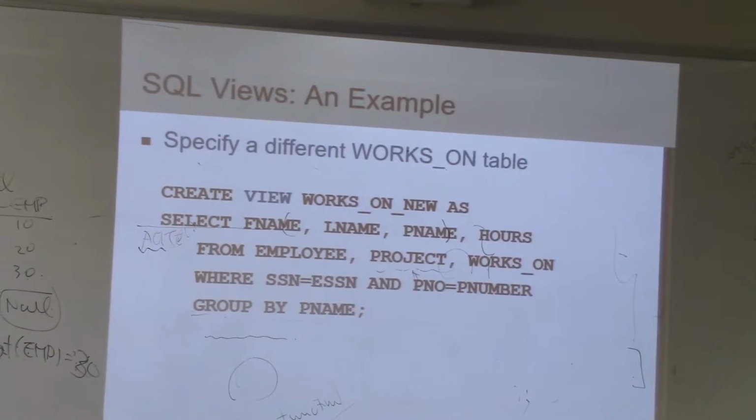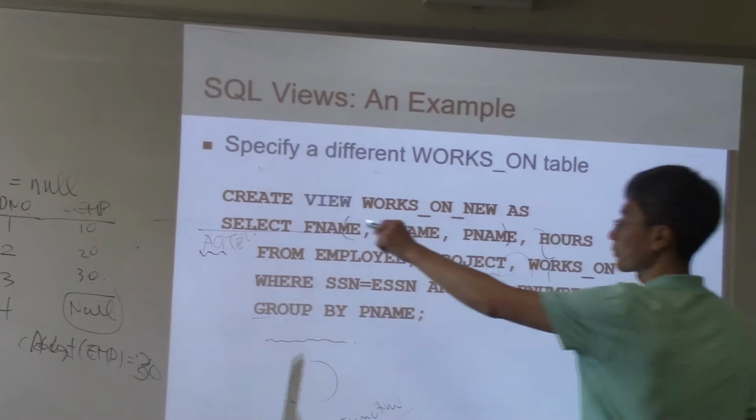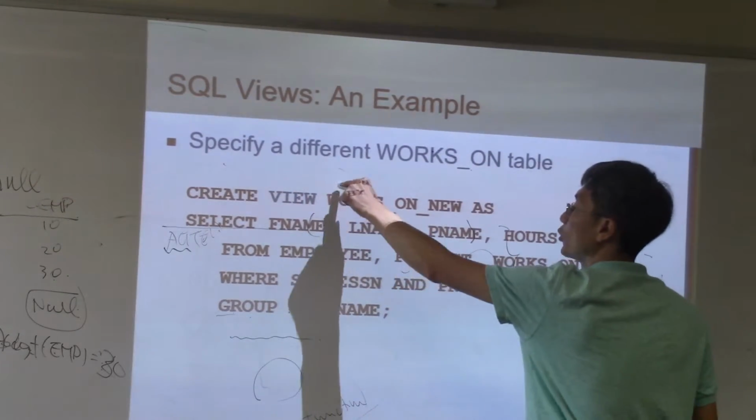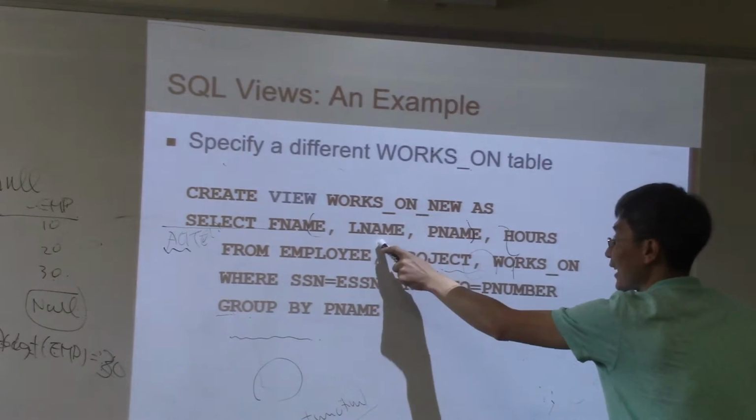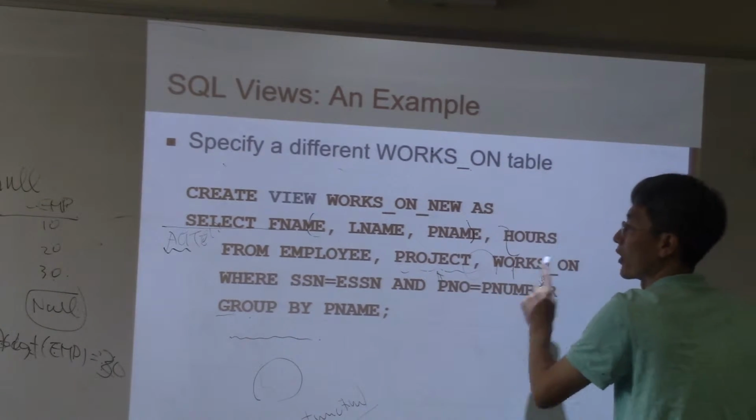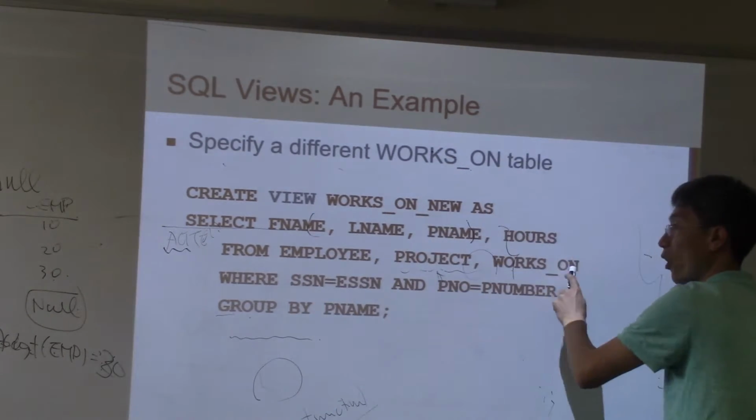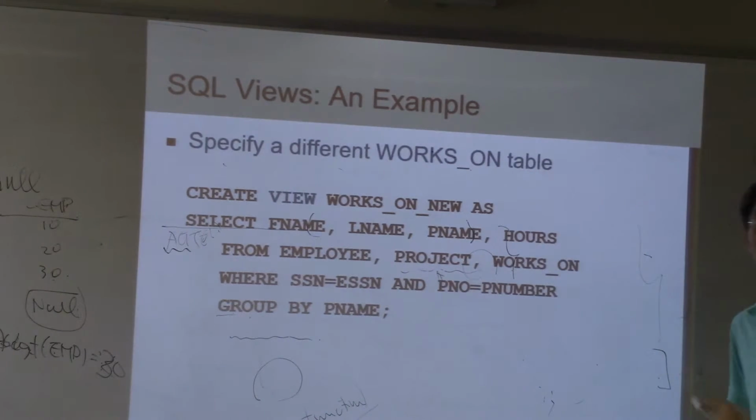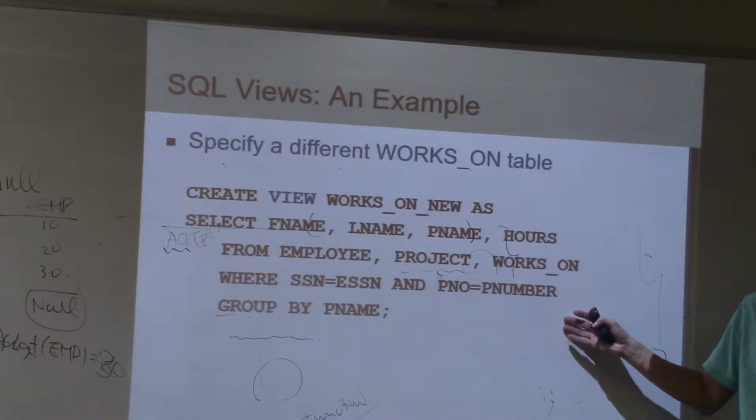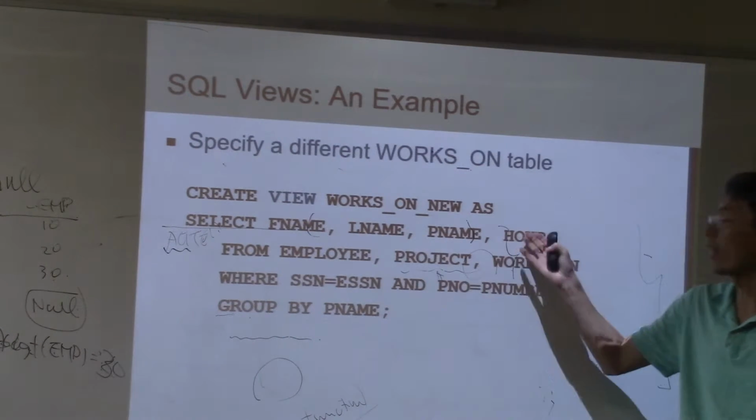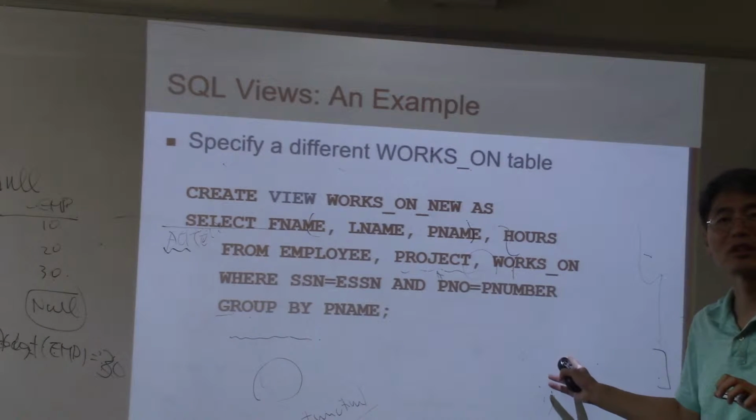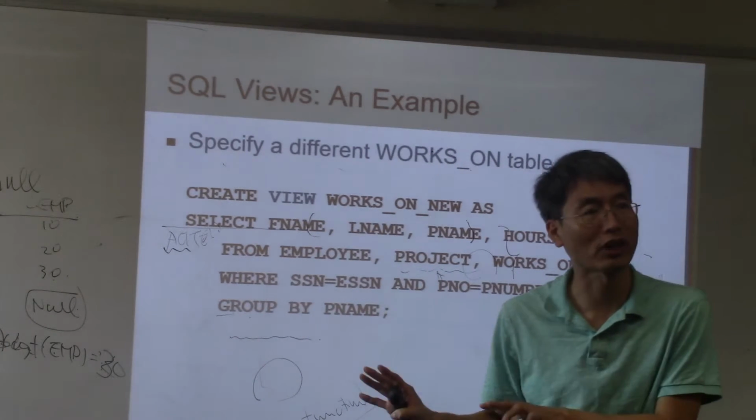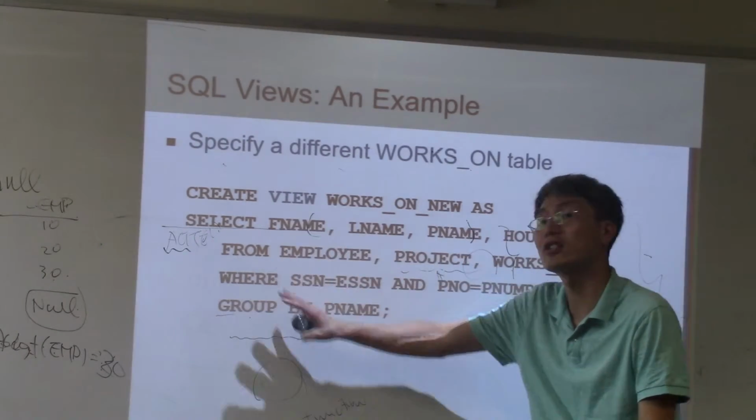So for example, create view, then the view name, by selecting the first name, last name, project name, hours from employee, project, works on, then the where condition. This data already exists. So if you want to get the name and number of hours per project, you need to run this select every time, or you need to manage a separate table. Instead, if you create this view, you can